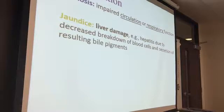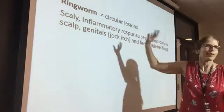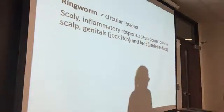All right. So fungus, the only one I have for you is ringworm, and I don't really have that for you. I just couldn't tell you about that. So ringworm is actually a fungus. So again, you can't treat that with an antibiotic. You can't treat that with an antiviral. We'd have to use an